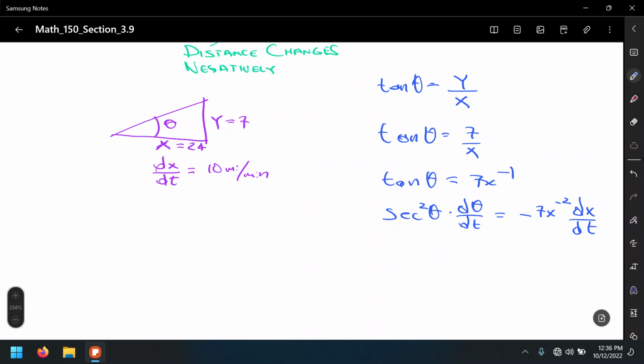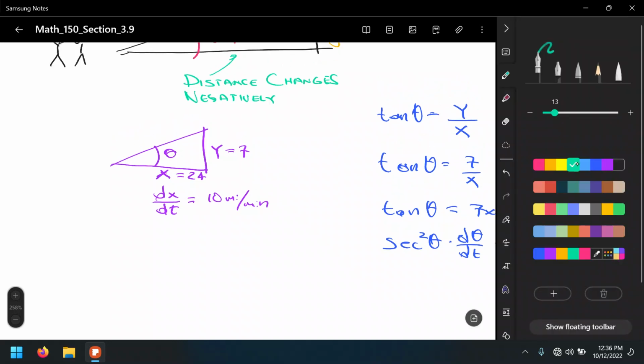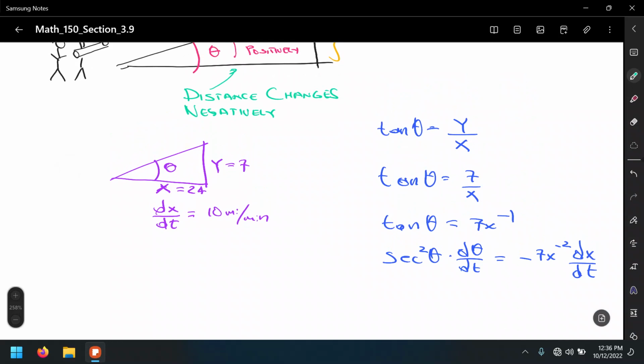Okay? So I think we have an equation ready for us to do these calculations, because, well, let's analyze this derivative and see what we have. Do we know x? It's 24. All right? Do we know dx dt? Yes, 10 miles per minute. Now, when it comes to secant squared, well,